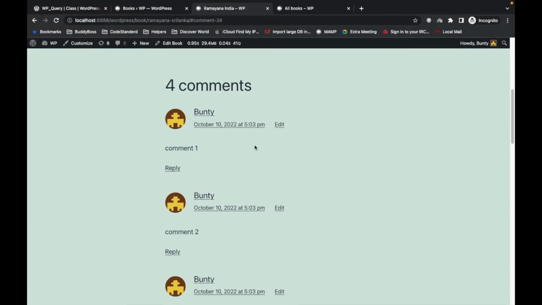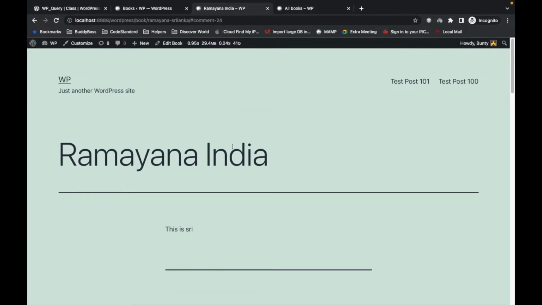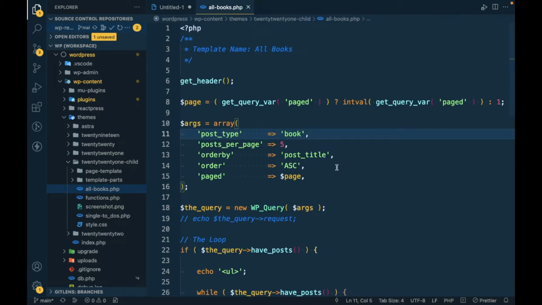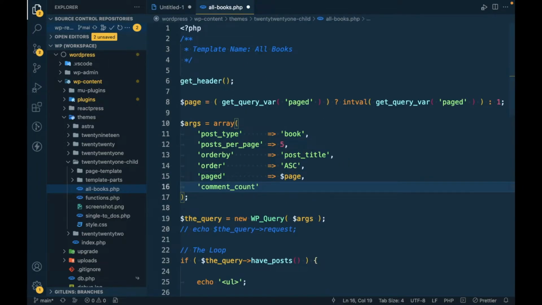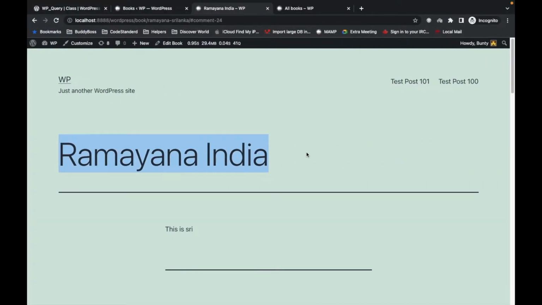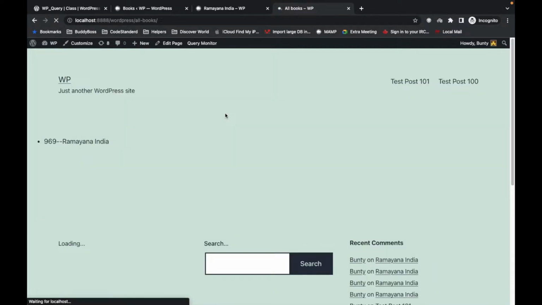So there are 4 comments added on this post, and if we want to get the book which has 4 comments, in that case we can use this param comment count, and we will pass 4. So now let's see, it should give this Ramayana India result. So as you can see,